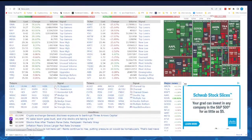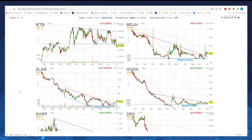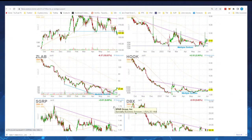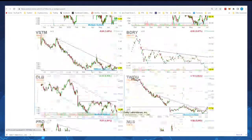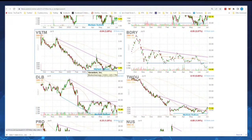So here you have in FinViz, right on the front page, you can see a bunch of different patterns. Ascending triangles, descending triangles, wedges, double tops, double bottoms, head and shoulders. These are all very good free scans, but you have to look at the price pattern, right? A descending triangle? Well, this one here doesn't count. I'm not caring for a descending triangle trading at $1.78. Nonsense to me. The only one that actually looks technically perfect as a descending triangle is this one here on